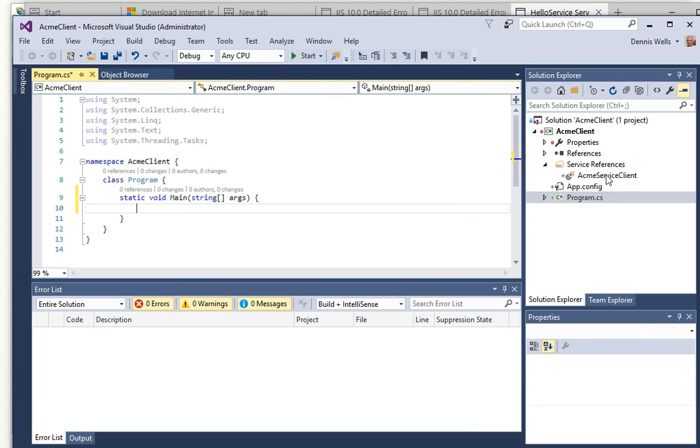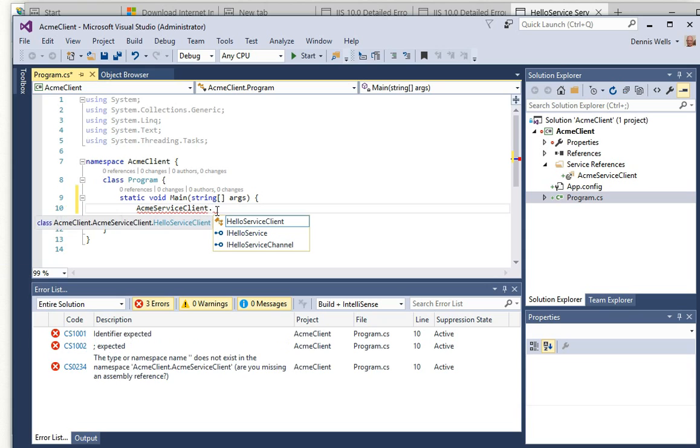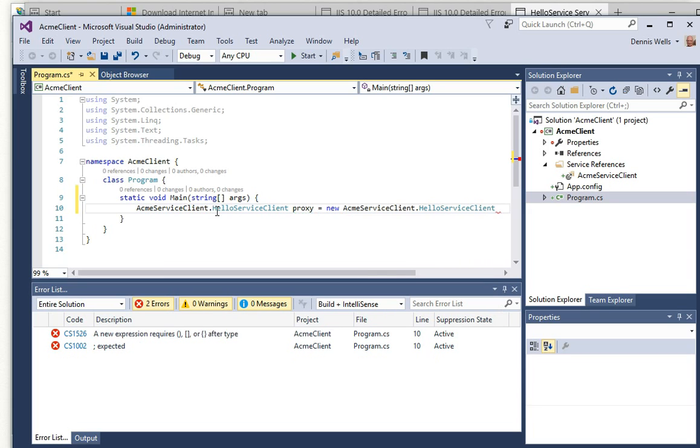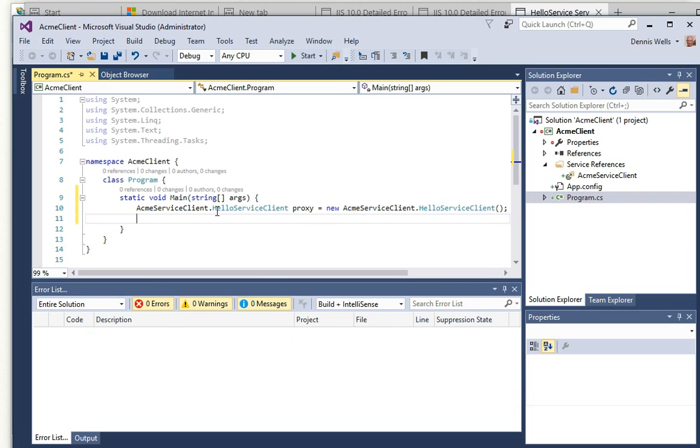Now it's generated that for us, we can start to make use of it. So if we say Acme Service Client dot hello service client, call it proxy, equals new, and then accept the suggestion, hit return, and now we can say